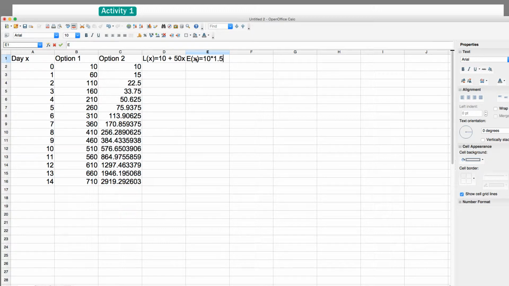So these are the expressions that I'm going to use to make this work, and I can pop those in right away. My x value is over here in column A. So I select the cell I want, I click equals, the formula I want is 10 plus 50 times what's in cell A2. And that's the x value for this particular row for day 0. That's my formula for